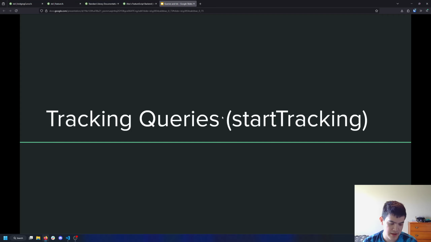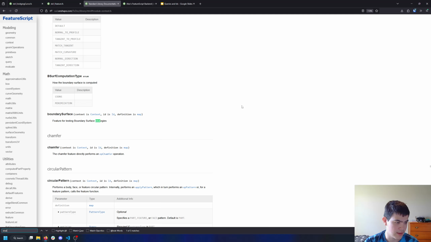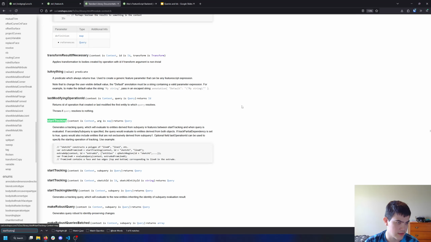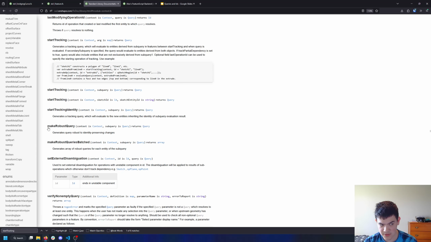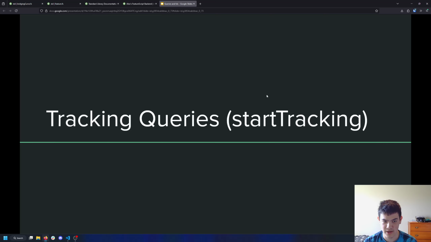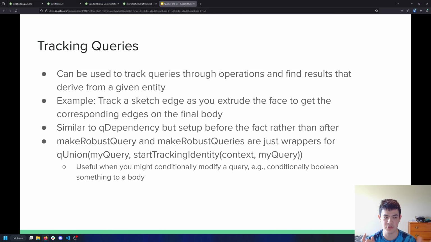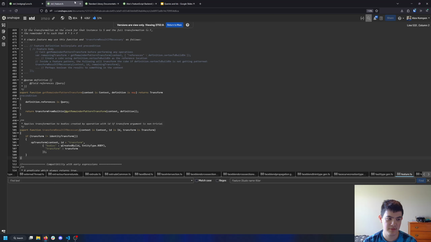So the last topic we have here is tracking queries. This is going to be start tracking and start tracking identity, right? There's also these two functions here, make robust query and make robust queries batched, which I am going to talk about, but I'm lumping them in with tracking queries. And the reason why I'm doing so is if you go look at the source code for them,